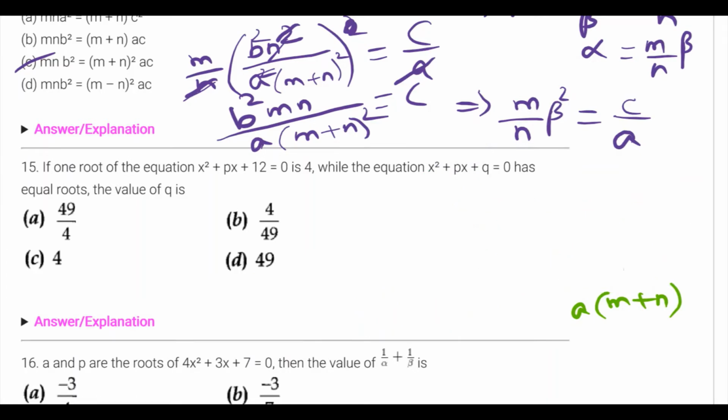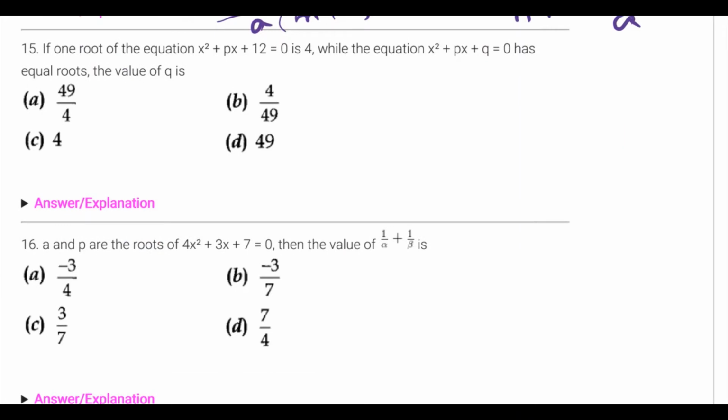Next question is the 15th question. If one root of the equation x square plus px plus 12 equals 0 is 4, while the equation x square plus px plus q equals 0 has equal roots, then find the value of q. So this is the given equation. So one root is 4, while the equation has equal roots. So here discriminant equals 0, which is p square equals 4q,